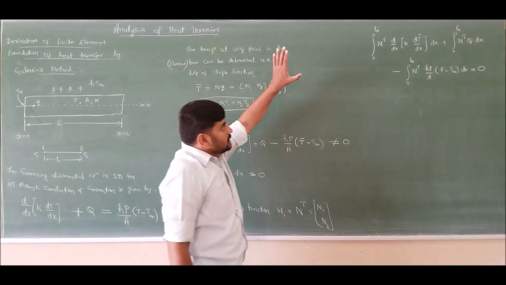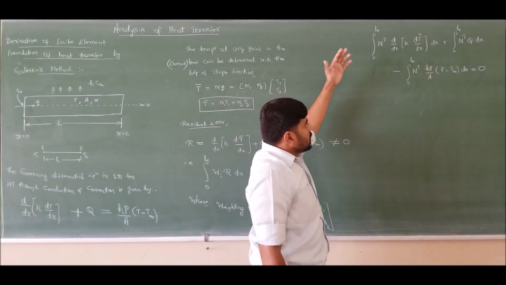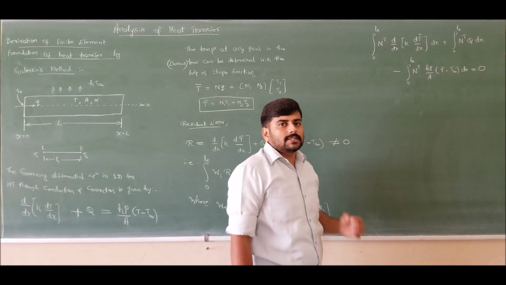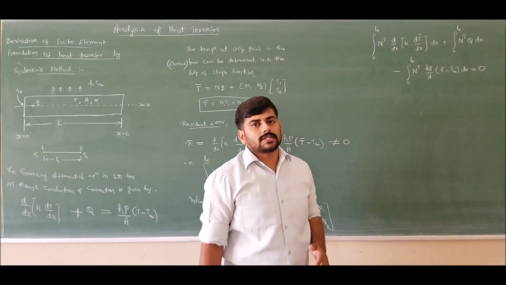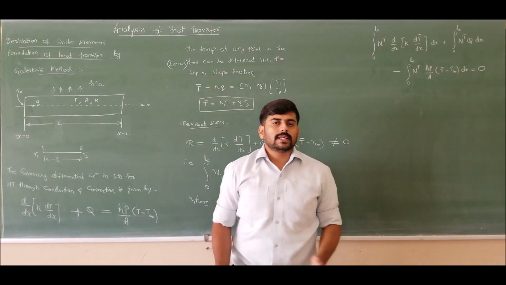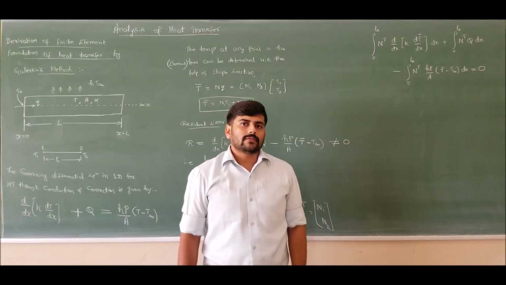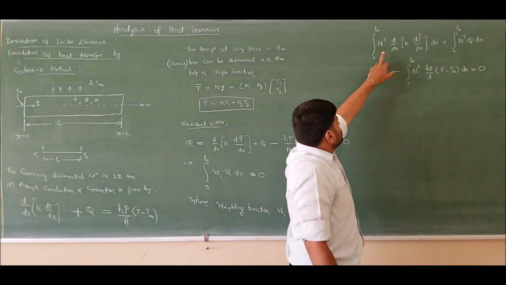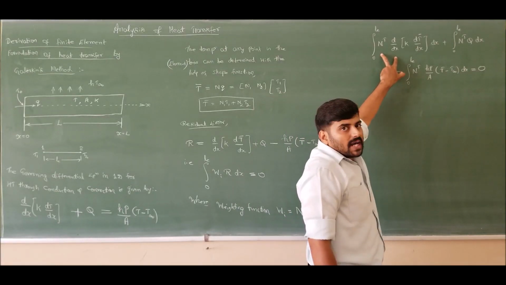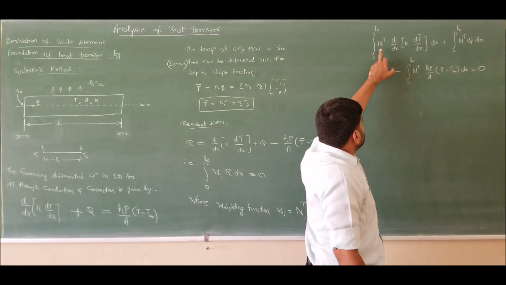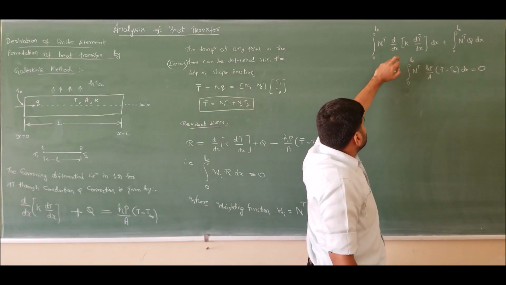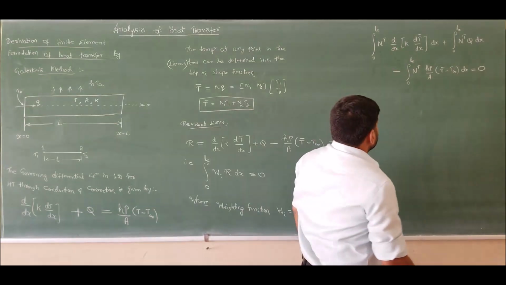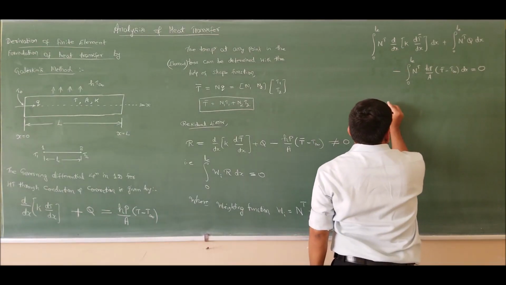So now if I simplify this governing differential equation, I can extract the stiffness matrix due to conduction as well as the stiffness matrix due to convection, and also I can derive the load vector due to conduction and convection. Now, to simplify this equation, this is of the form integration by parts. That is, the first function is N transpose and this is the second function. We know the rule for integration by parts, that is,